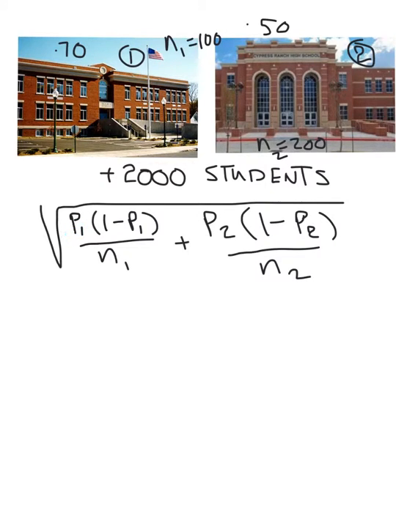So 70, and this would be 30 divided by 100. This would be 50 and 50, see, 1 minus 50. And this would be 200 because of the sample size. And take the square root of this whole mess. That gives you the new standard deviation. That's kind of the new thing for this chapter. Okay, so